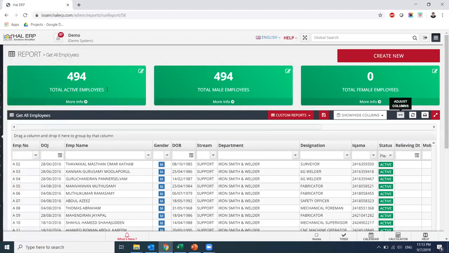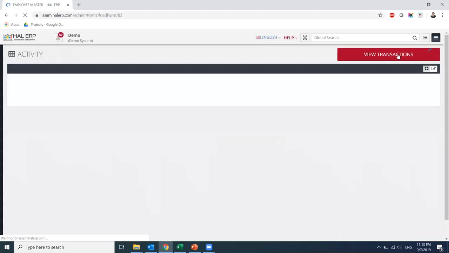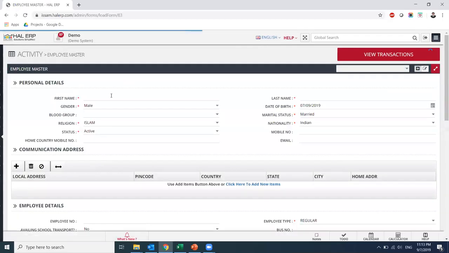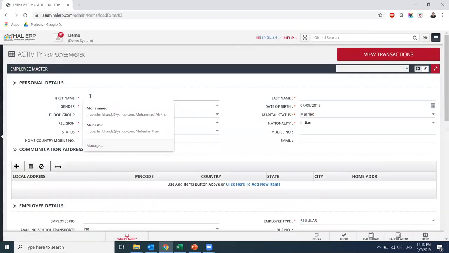So right now we are in employee master where you can create an employee. Let's see how to create an employee. Click on create new. A form will open where you can feed the information of an employee. So let's enter the name of an employee. Right now I'm entering one of the employee names as Haider Khan, and his gender, his date of birth, and whatever the date of birth is, like